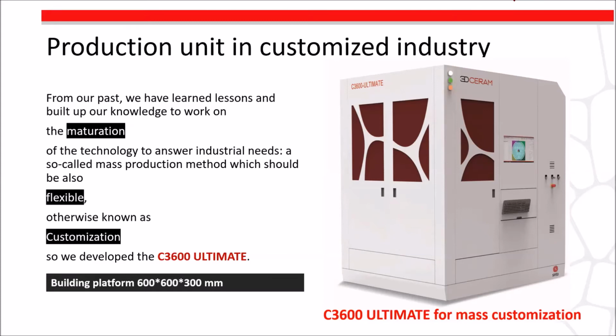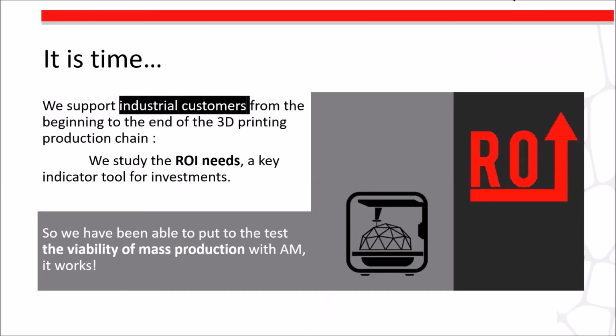Next slide, please. So we are talking about mass production. Our objective is not to compete with injection molding, machining or pressing. These conventional methods are very important and useful in the sector. It's just that 3D printing is a way to open new markets and new geometries. So the engineer can think differently about how to design the part. The idea is that you can add functionalities to your part. You can group several parts together